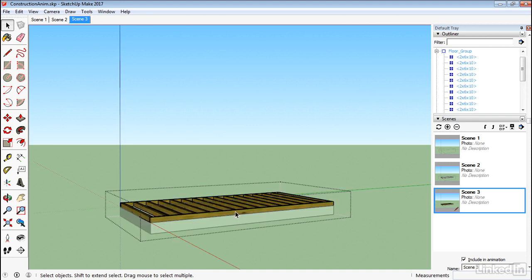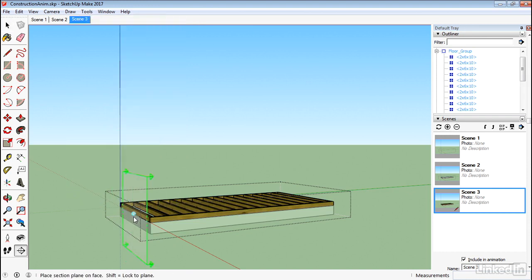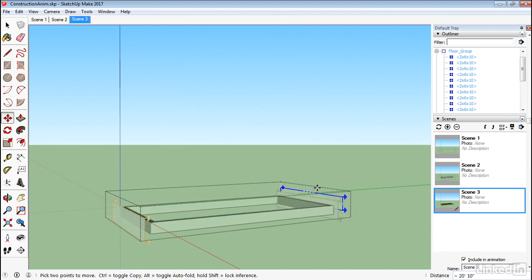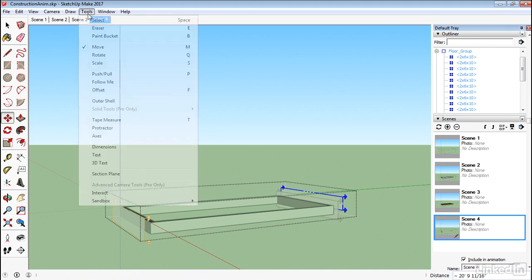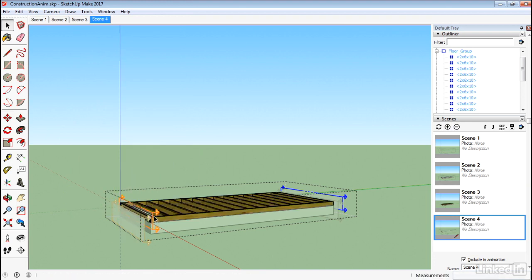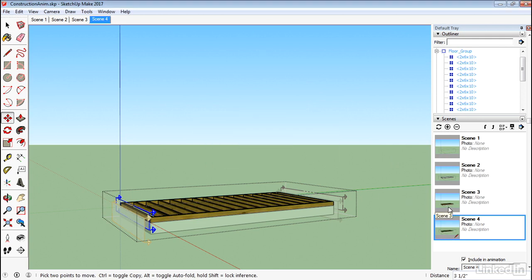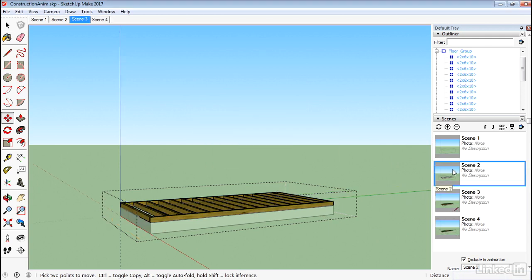So I'm going to double click on this, Tools, Section Plane. And again, let's snap to green, highlight that, and move it. And then we're going to add in one more scene and one more section plane. Now, as soon as you add this in, it automatically makes this second one the active section plane. And so once I do that, I can hit Update, Update, and now we can go to this scene here,